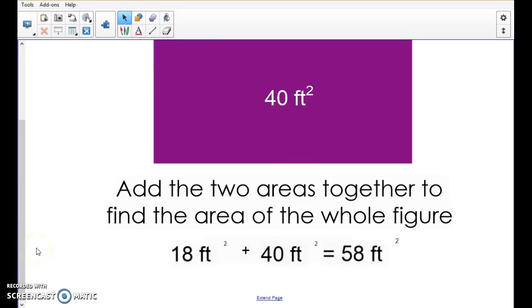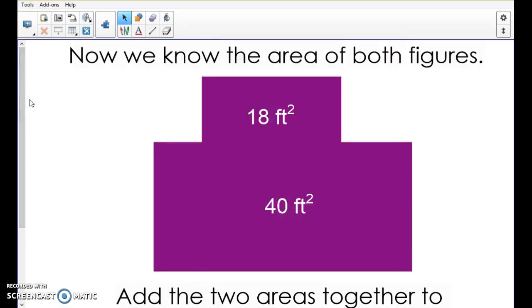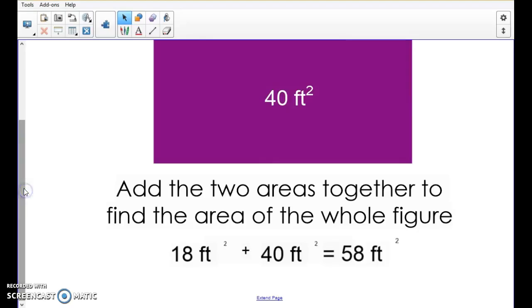Some of them might look a little different. They might be a little more complex. I might have some more triangles or some circles in there, or even trickier, some half circles. But as long as you know the areas for each of the individual shapes and can divide it up,